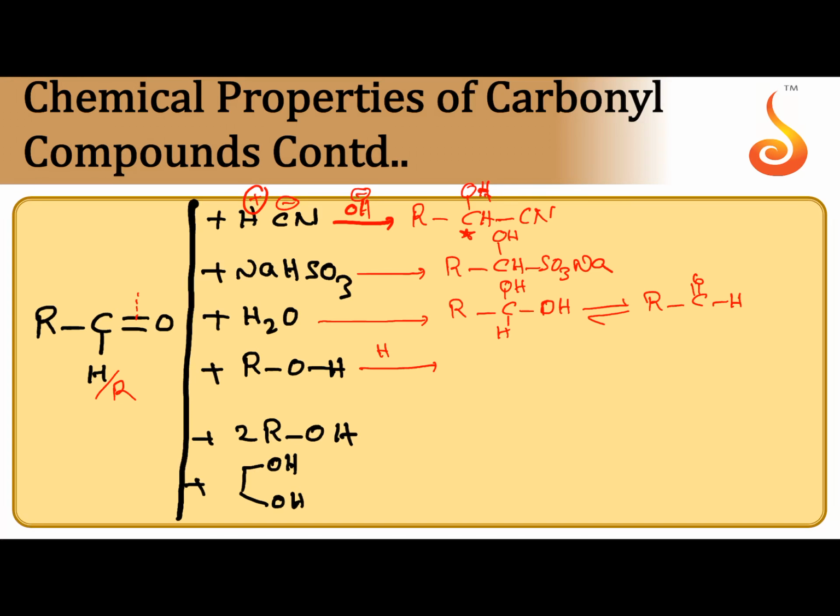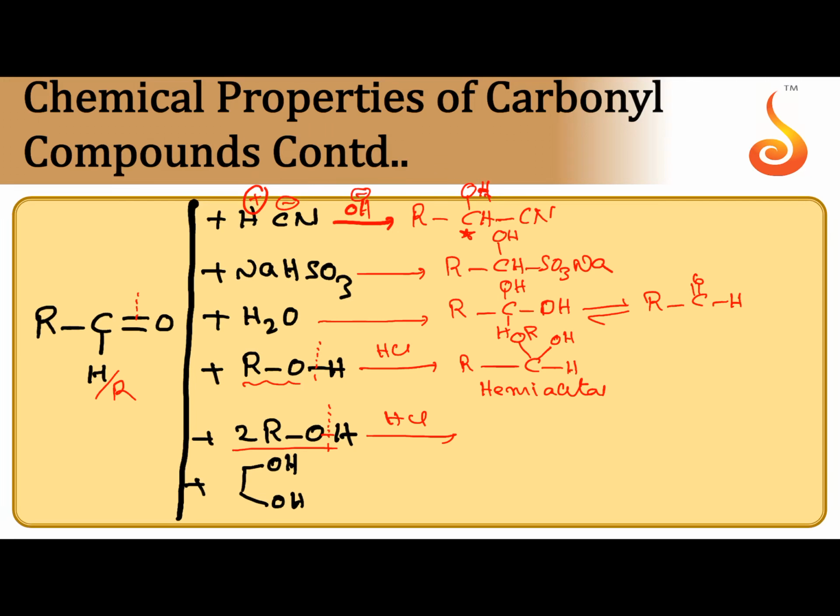Next, when alcohol is added in the presence of HCl, nucleophilic addition takes place. RO, through oxygen, attacks at the carbonyl carbon. CH with OR attached, and the double bond O becomes single bond OH. So on the same carbon, an alkoxy group and OH both are present. This is called hemiacetal. If 2 moles of alcohol are added in the presence of dry HCl,